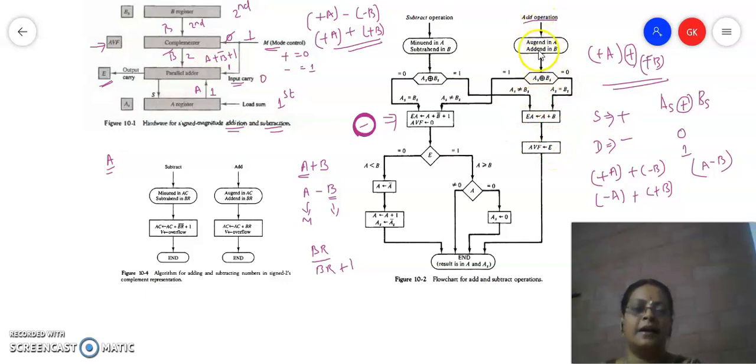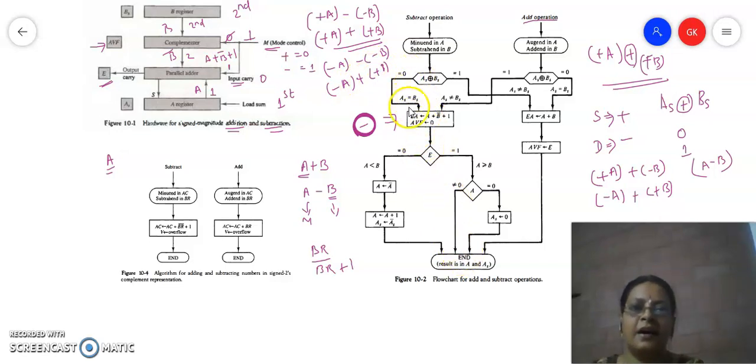And the other two leftover cases: in the case of addition operation, if the signs are different, you have to do subtraction, so you will come here. And for subtraction operation, if the signs are same, like minus A minus B, what are you going to do? Minus A, this minus will be plus, and you will change the sign of the second operand, it will become plus. Now the signs are different, so you have to do the subtraction. So minus A plus B. If the signs are same during the subtraction operation, it has been converted like this, and this will end up in a subtraction operation. So you will be following the subtraction flow chart.